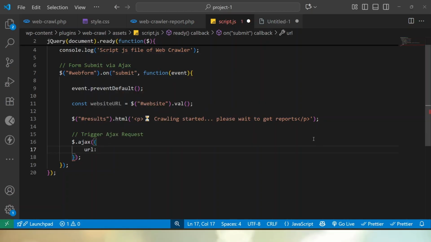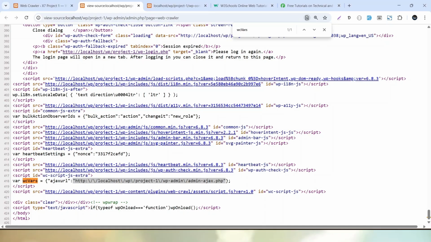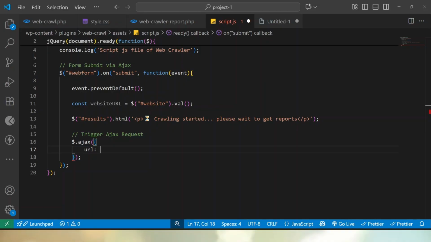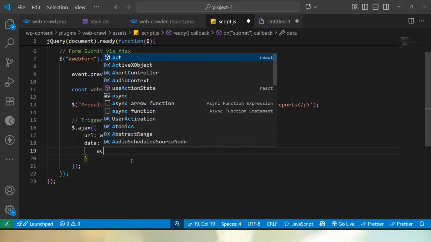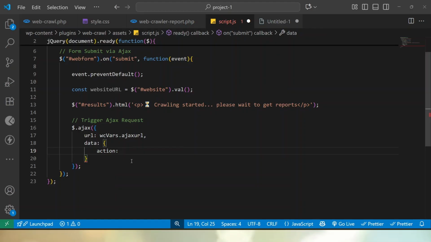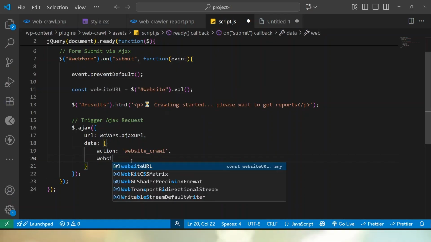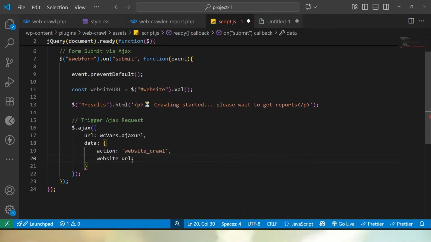Now to get the Ajax URL, remember already inside the source code, here we have wc vars. Just copy, put here, which is an object, and inside this object, we have a property called ajaxurl. Now then after, let's pass some data. So to this Ajax URL, I will pass two data called action, and action will be called website_crawl. And then after, the website URL, so let's say websiteURL, and this website URL is coming from this constant